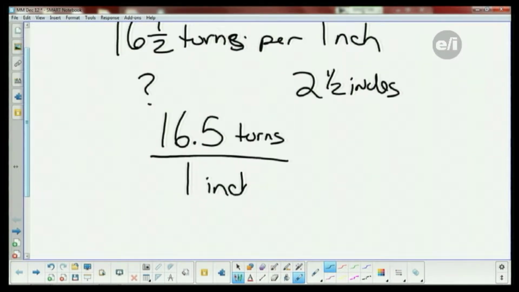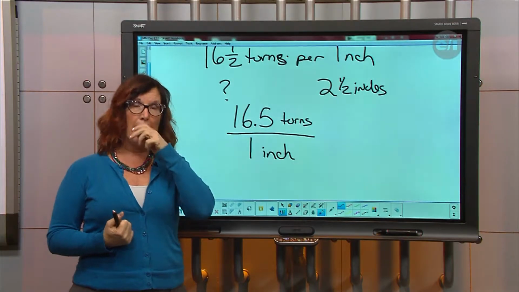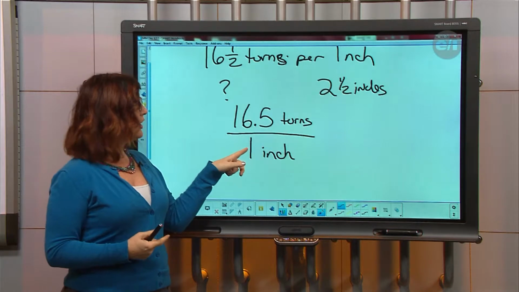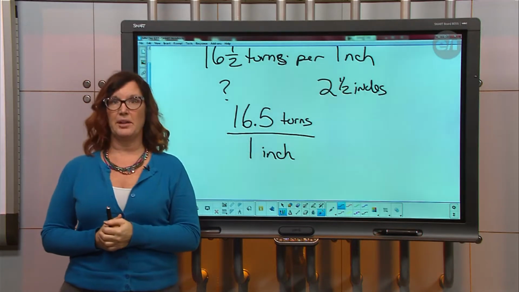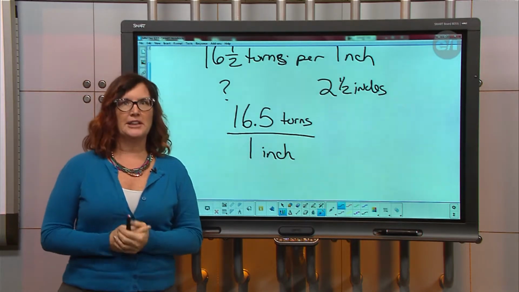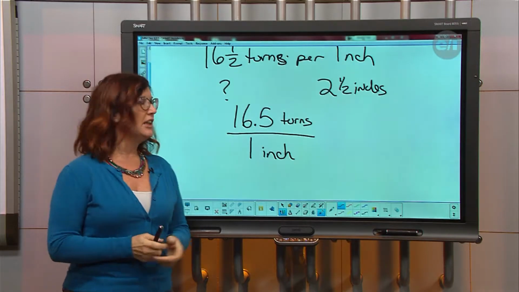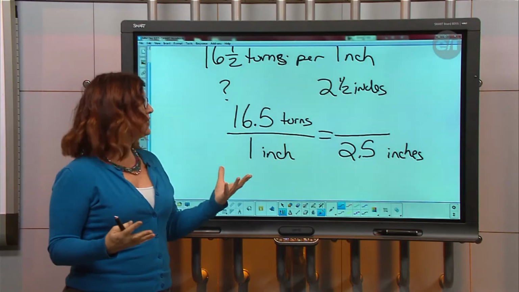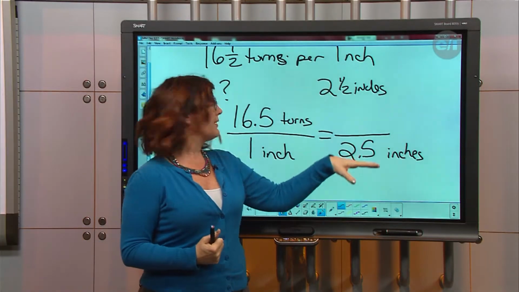Another reason to use the proportion is I have a unit rate right here. Like how many turns would it take for 1? And that's your unit rate. So I know if I have 1 inch, it's going to be 16.5. But I don't want to know 1 inch. I want to know 2.5 inches. So I'm going to set it up as a proportion over here. And on this side, I'm going to put 2.5, and I'm going to write inches. Now, this is probably the most important part of the whole equation: do I write this 2.5 on top or on the bottom?